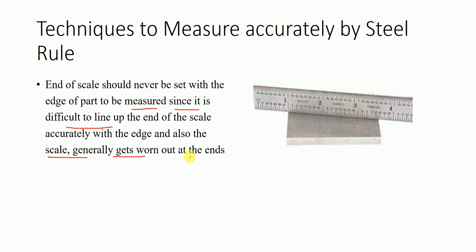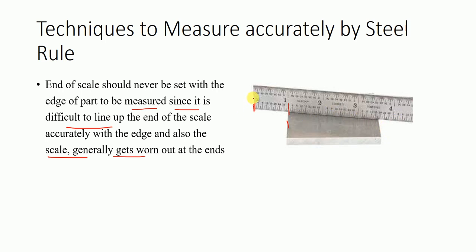So what is the first rule? When the dimensions are to be measured, instead of matching the scale at this end, it should be matched over a marking in between, whatever the graduated marking is on that scale. So simply here we can see that the line of 1 is matched at this surface, and from this surface we are measuring the dimension of this object.